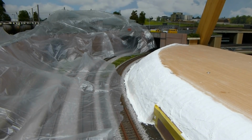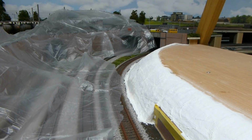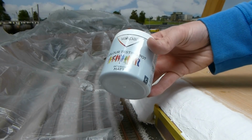You could use Woodland Scenics earth colours, which I have done on previous occasions, but I tend to find those were quite expensive for the coverage that you got, and you had to go over bare plaster 2 or 3 times to really get rid of the white colour. You could also use Green Scene texture paint, which is excellent, which I will use. But for a quick base coat, just to get rid of the white completely, I've just gone and got myself a tester pot